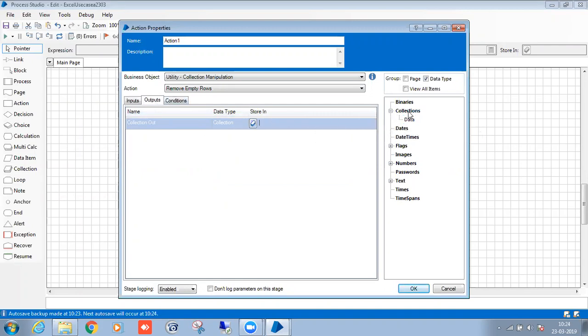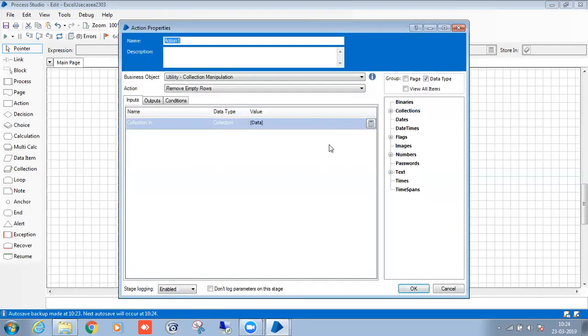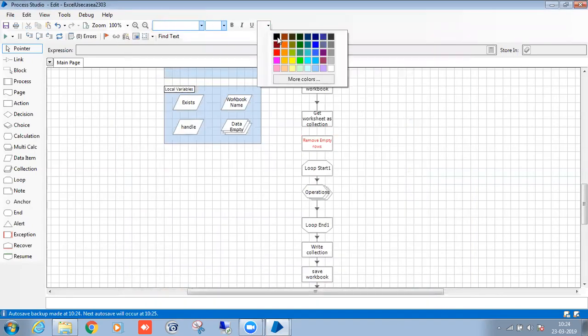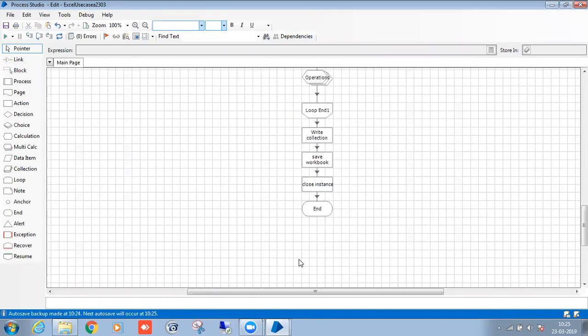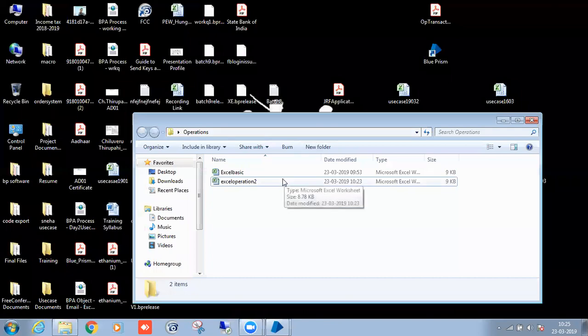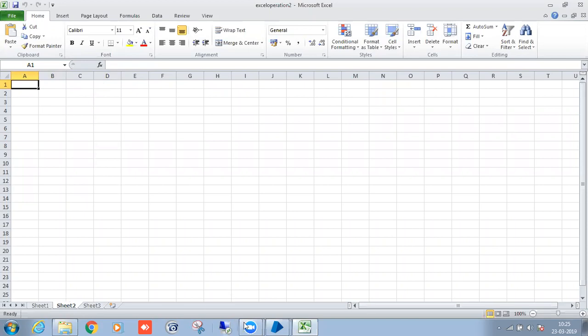After removing the empty rows, I want to paste the data, but not in the same collection. I want to paste the data in sheet 2. Why am I not pasting in sheet 1? Suppose I paste my data in sheet 1, these rows are removed, right? If I paste from the A1 cell, my data will finish here, and these two rows will still be there like that only. So I want to paste the data in sheet 2 to show you the difference.